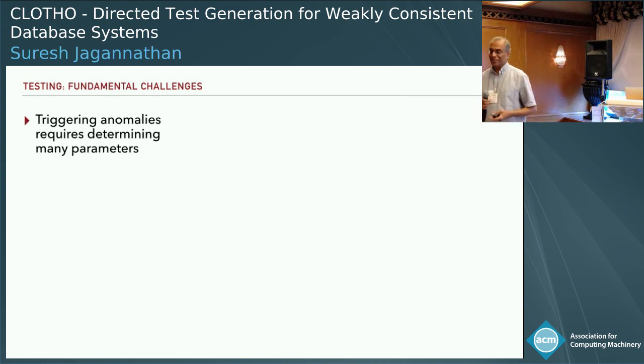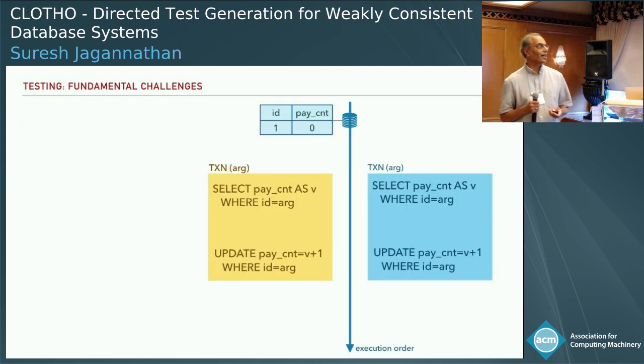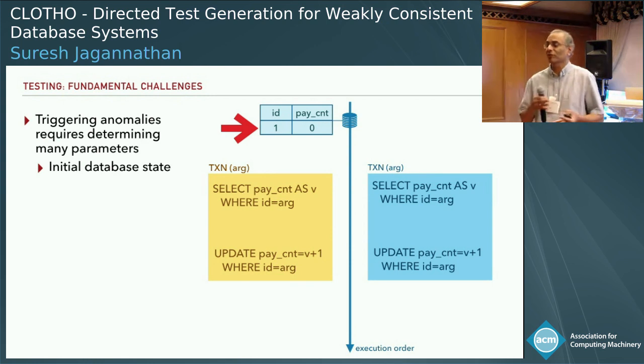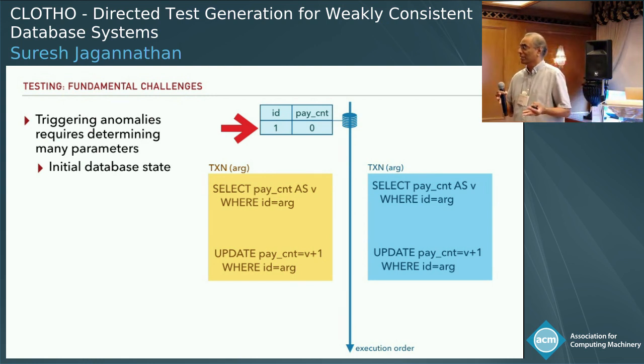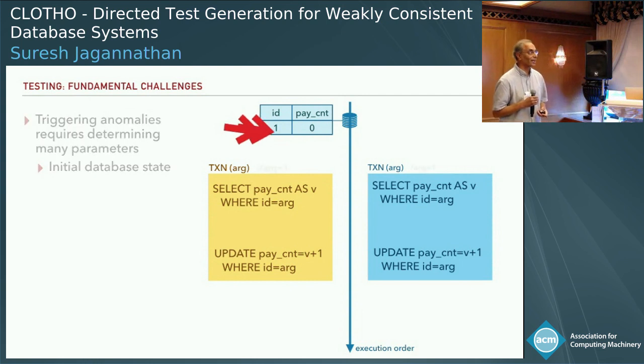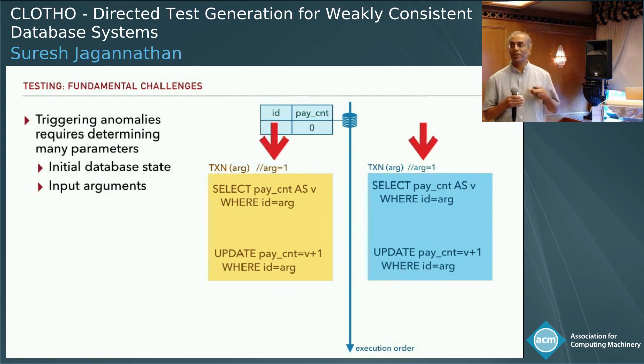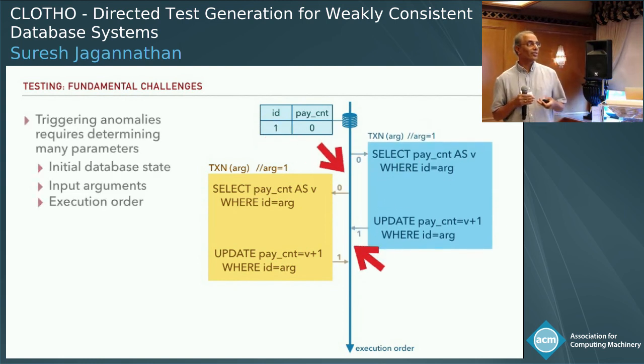So the problem is that these database programs are non-trivial, right? There's a whole bunch of things that we need to get right in order to be able to trigger these kinds of anomalies. So for example, we might need to think about the initial state of the database, because maybe for certain values we don't get a violation. It only gets triggered when there's a relationship, say, between different fields or different rows in the database, and we need to discover that in order to be able to start execution in a way that causes the problem to be manifested. We might have to figure out what arguments we want to provide to different transactions. We may need to figure out interleavings.